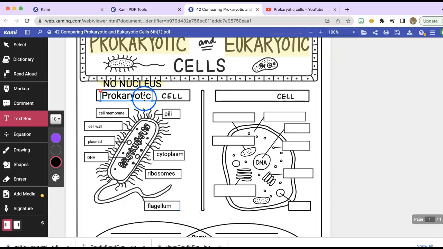Okay, so if you need to hit pause, go ahead. Pause, make sure you have this correctly spelled and all these parts and pieces in the right spot, because I'm going to move over to the right side right now. The right side of the cell